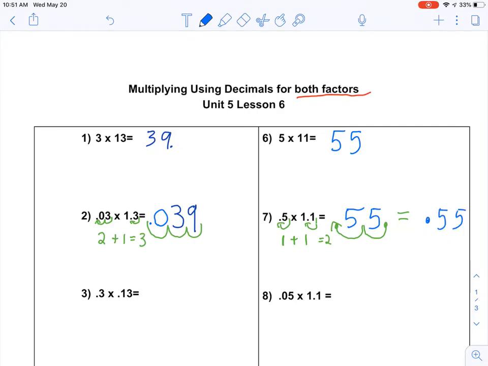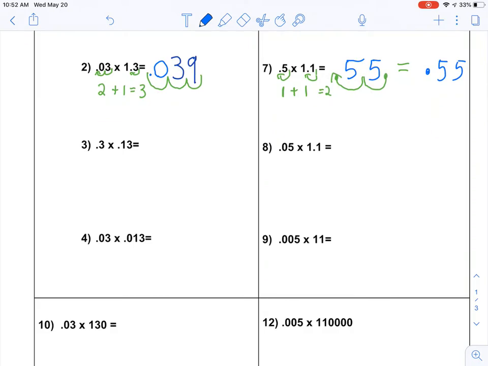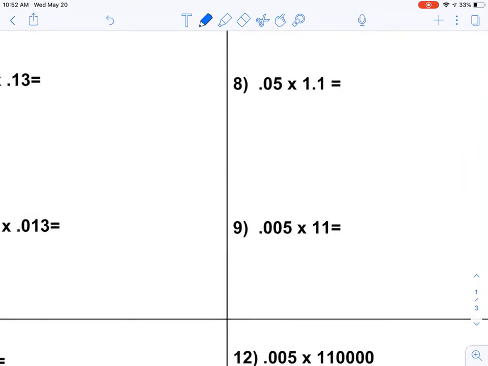Okay, so hopefully you feel comfortable doing this. Remember just to add those decimal changes, and then ultimately you'll be successful. We'll do one more very, very quickly. So we know that this one, 0.005 times 11, it's going to be 55, right? Or at least those are going to be the actual numerical values, but we don't know where the decimal is